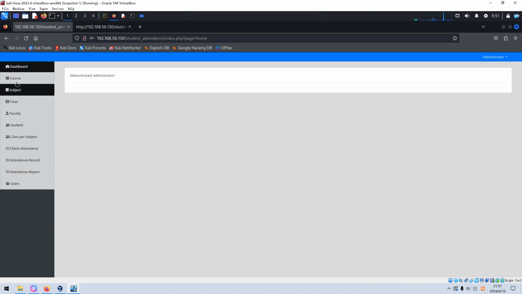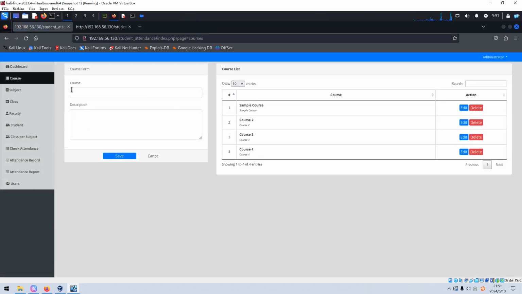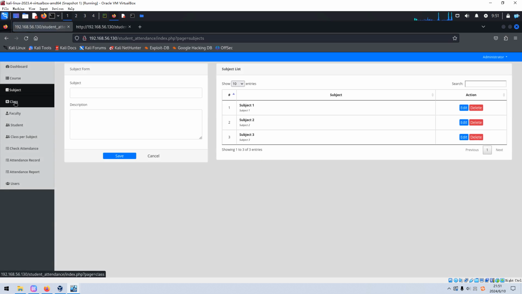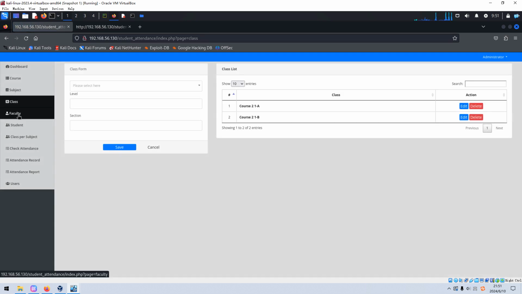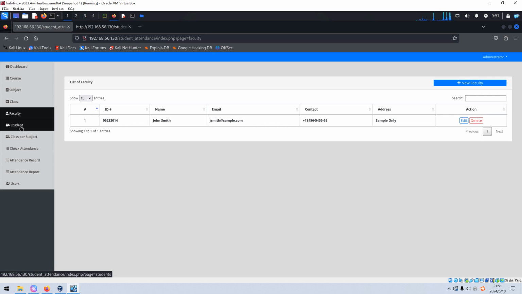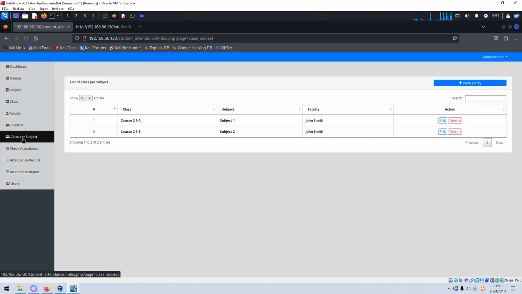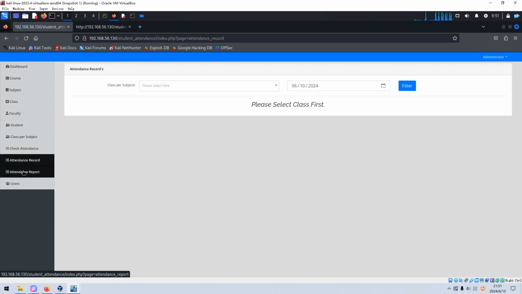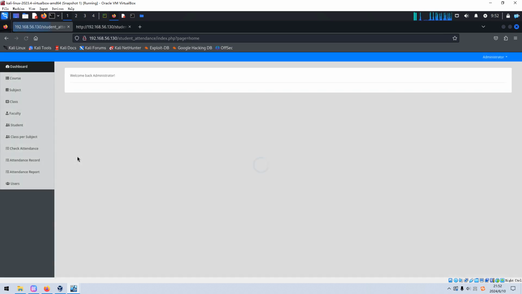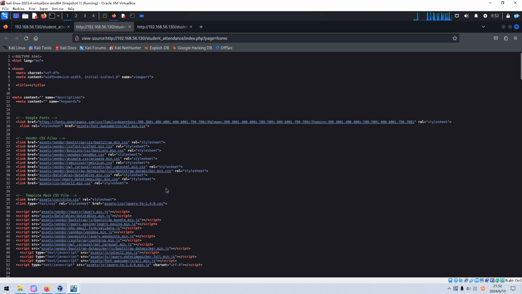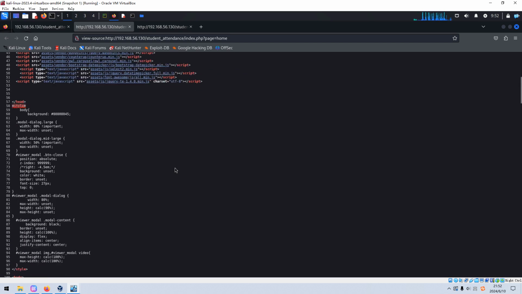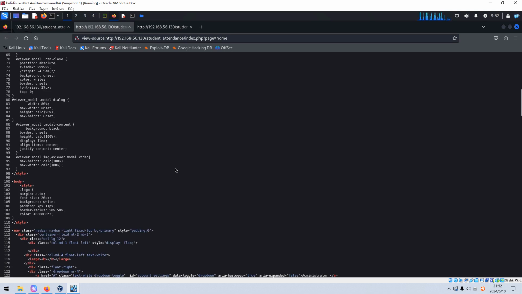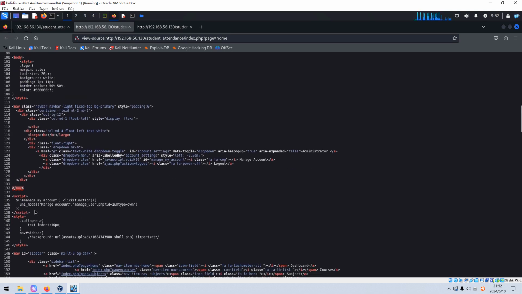So of course we can walk through the functions of this administrator's panel. However, there is no vector or location that allows us to upload, for example, malicious files. However, if we go to the dashboard and check its source code again, we can scroll down. Here, script.